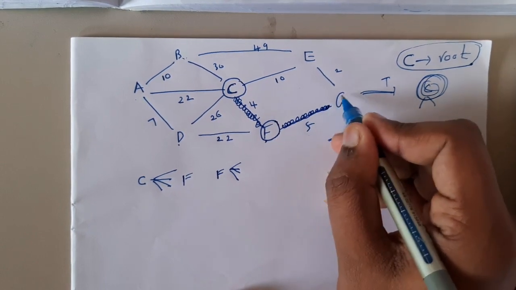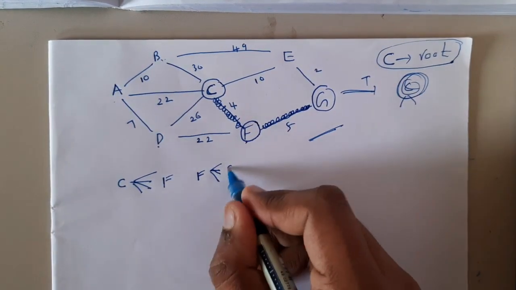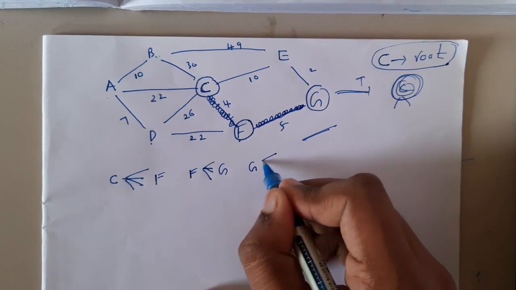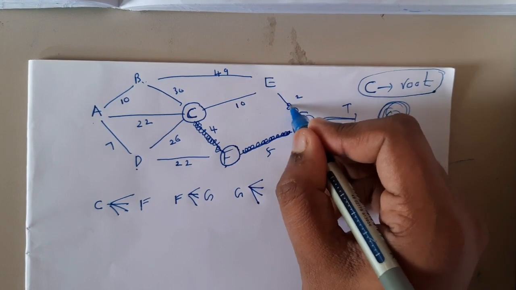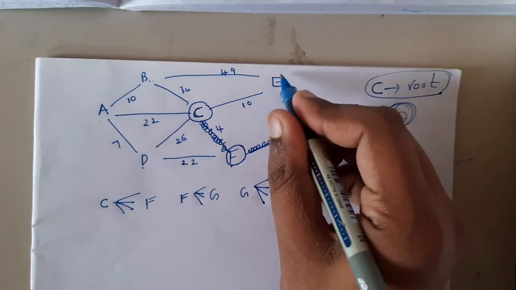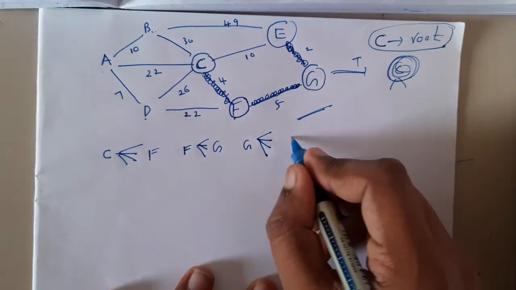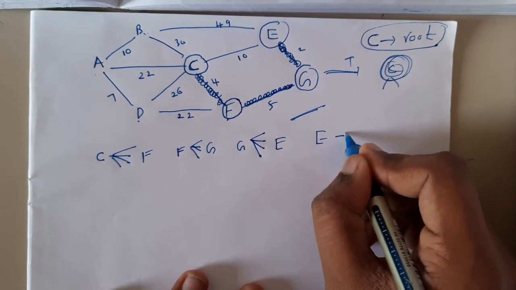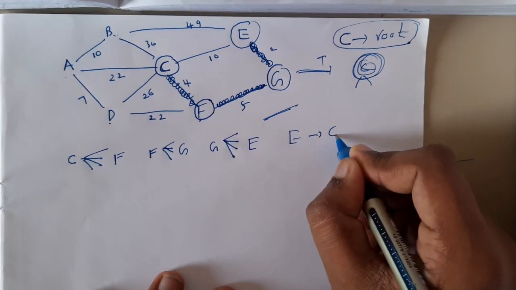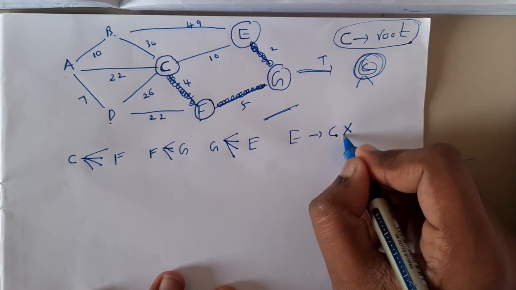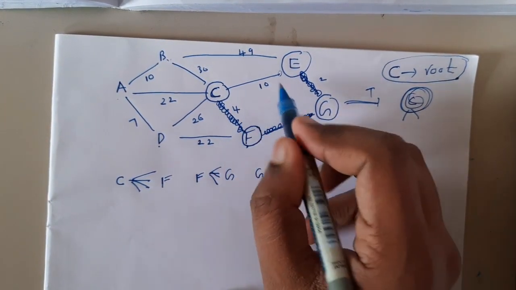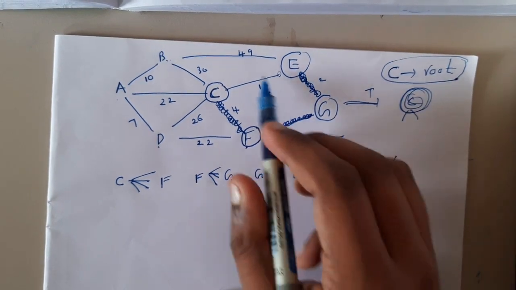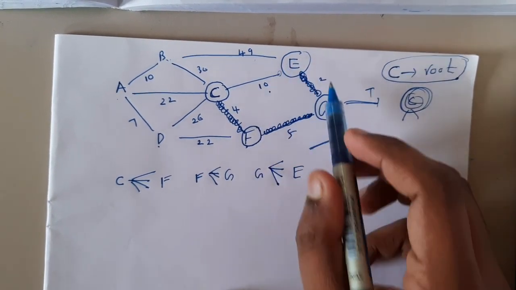So we reached G. F to G we went. Again check at G: is there any minimum edge? Yes, so we'll be continuing here. We reached E. If you check from E now, from E we are having a C. But C is already visited, and if you form a C, it will be a cycle. That is the reason why you will be avoiding this. 49 is too large, so let us move back.